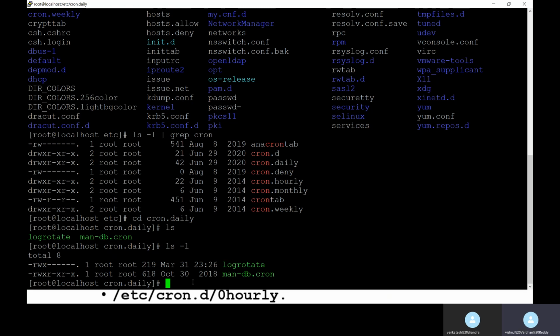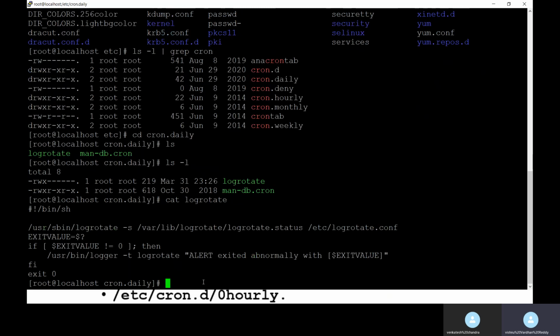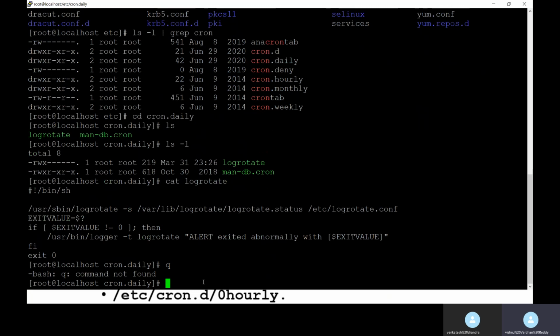Here we need to copy that file. What tasks do we need to do? Then we need to mention that here under daily. Let's check what is inside. See, this is the task; it will execute the daily tasks. If you want to execute one, we can copy the file into this location.